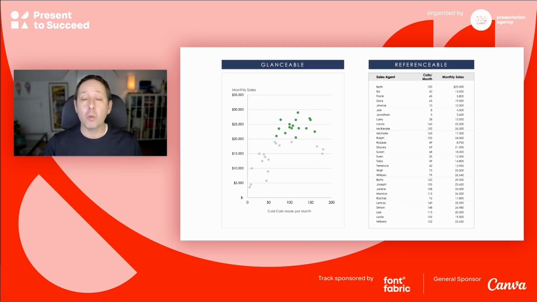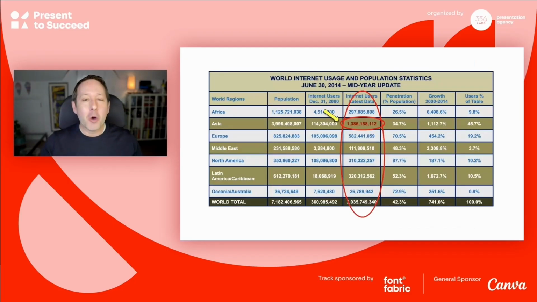And also we are still designing using PowerPoint to design print handouts and reports that need tables as well. So this is all to say that even though tables by nature are not very glanceable, there's a lot we can do to push them in that direction, to make them more readable, to make them more understandable, in a matter of seconds by an audience.